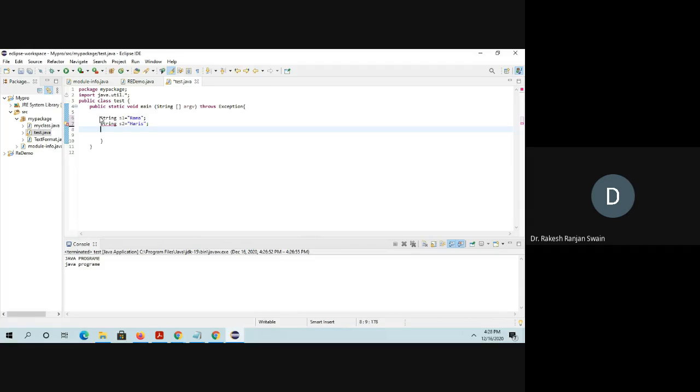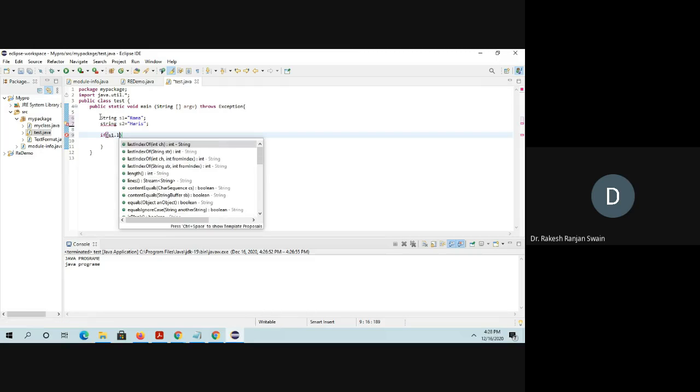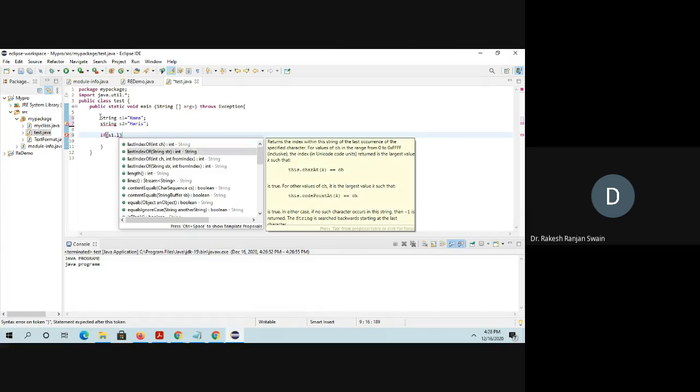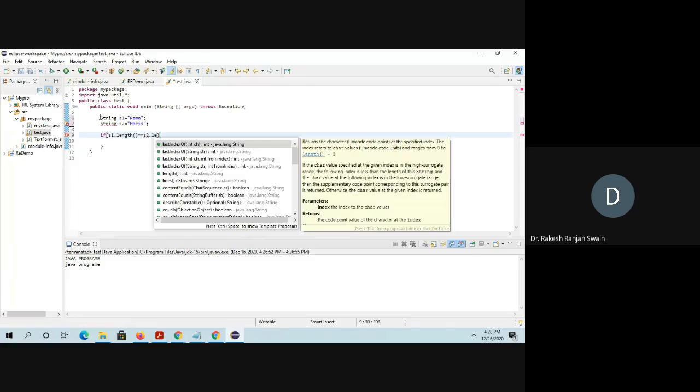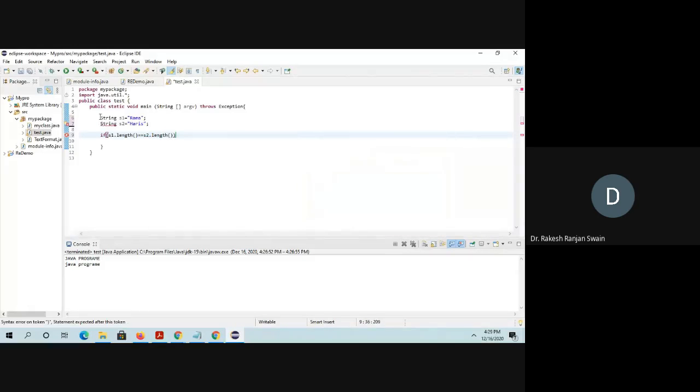Then I check if S1.length equals S2.length. If the two are of equal length, then we do a lexicographic check.